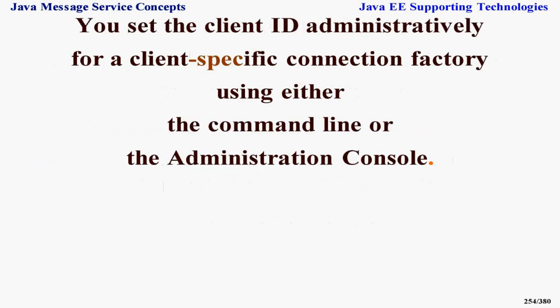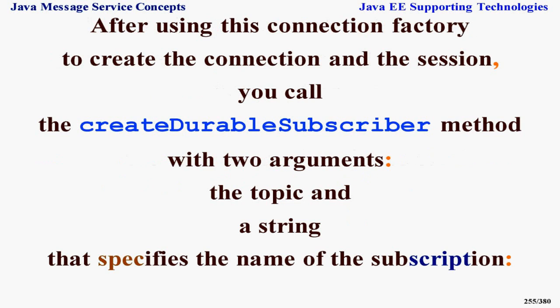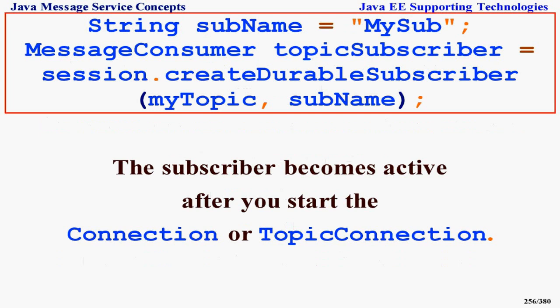You set the client ID administratively for a client-specific connection factory using either the command line or the administration console. After using this connection factory to create the connection and the session, you call the createDurableSubscriber method with two arguments: the topic and a string that specifies the name of the subscription. String subName = "MySub"; MessageConsumer topicSubscriber = session.createDurableSubscriber(myTopic, subName);